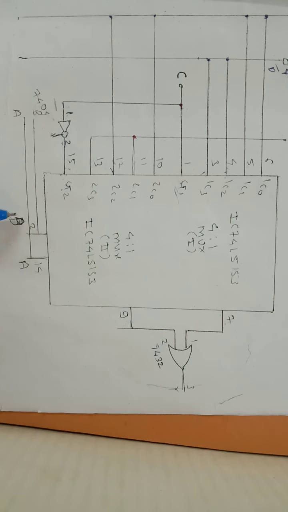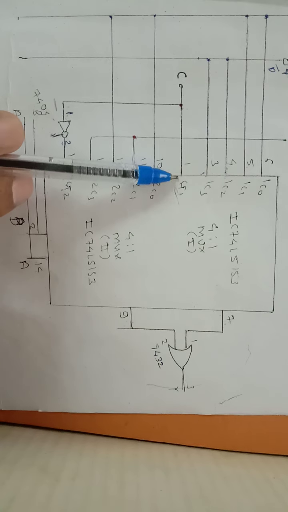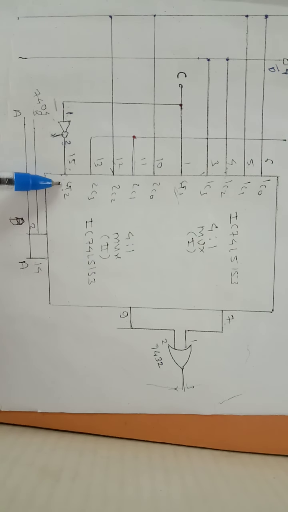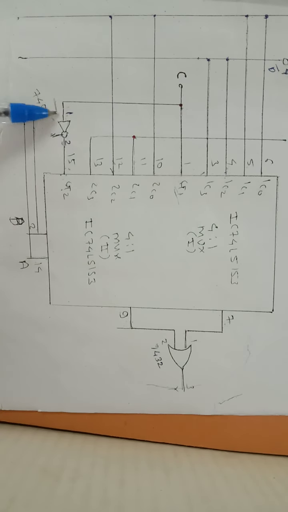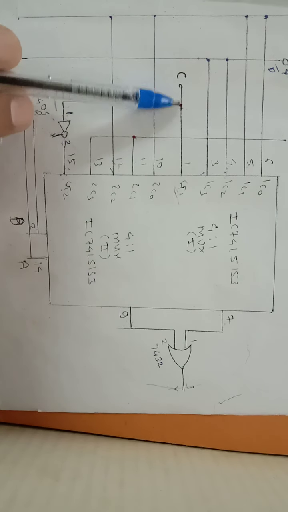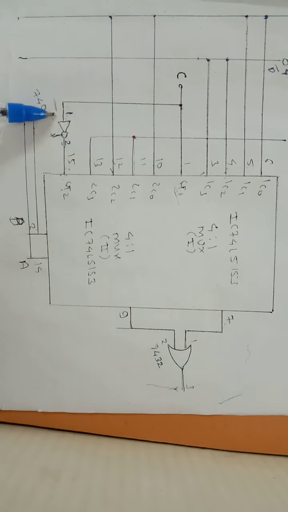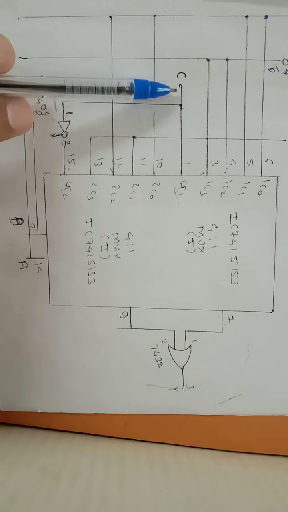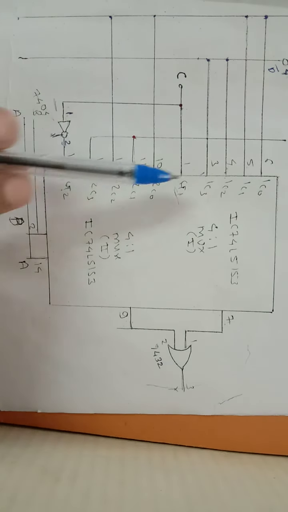So A, this is your B, right? AB, the same lines I have extracted. Now C we can create by adding an inverter between the strobe input of the first mux and the strobe input of the second. In between I have added the inverter. So the combination of this is the input of the first strobe, and here we can call it C. The inverter works as a NOT, because one mux will be active at one time.